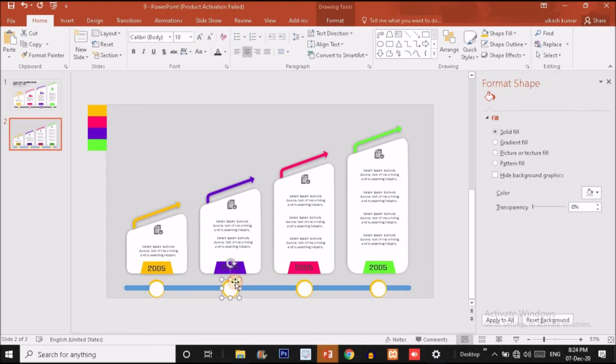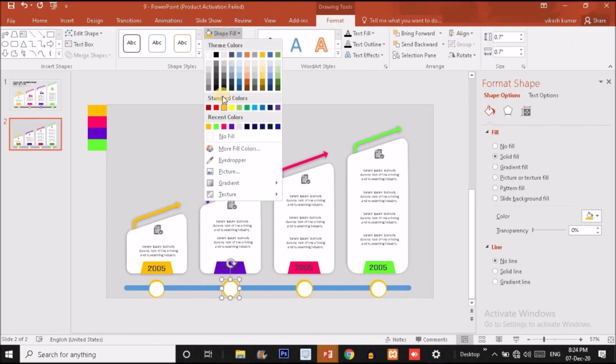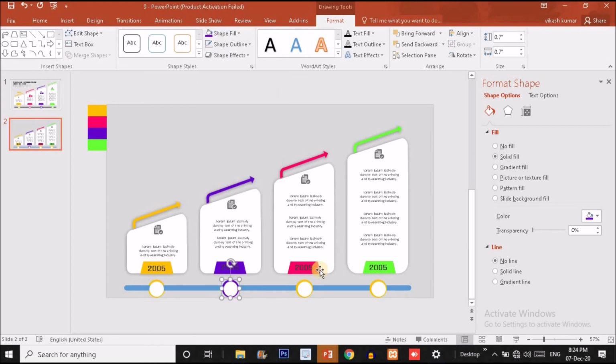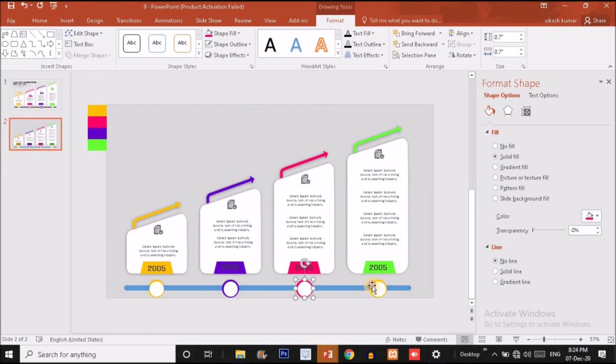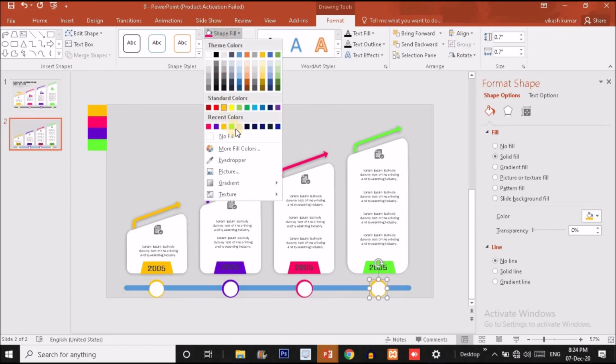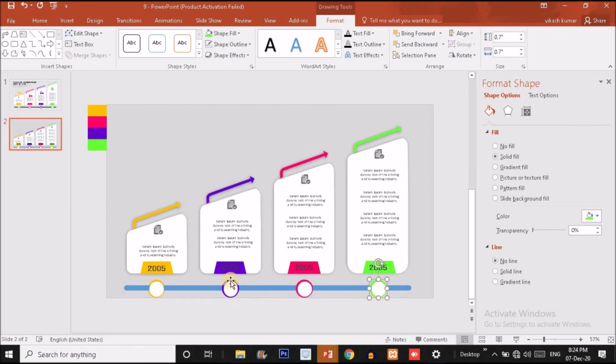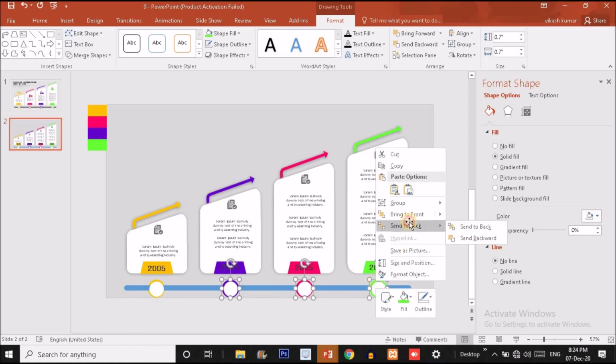Okay. Now for the bigger circle, I'm going to use this color. For this bigger circle, I'm going to use this pink color, and for this bigger circle, I'm going to use the green color over here. Now select all these bigger circles and right click over here and send it to back.